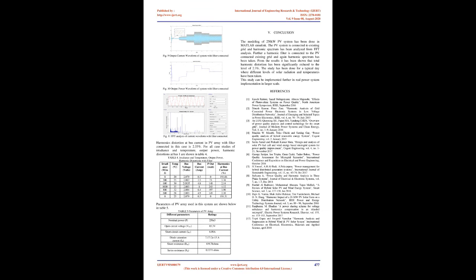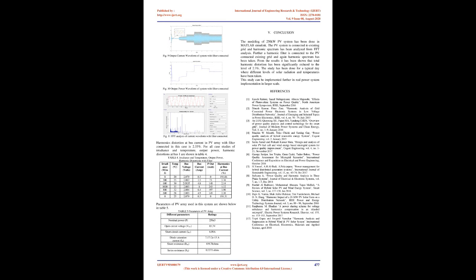Similarly, for the fifth case at 2 pm, time range equals 0 to 10 sec, irradiance equals 800 W/m2, temperature is 32 °C. For this, current is 6.4 amp. Power output is near 197 kilowatts and harmonic distortion is around 1.90%. Similarly, for the sixth case at 4 pm, time range equals 0 to 10 sec, irradiance equals 600 W/m2, temperature is 28 °C. For this, current is 4.9 amp. Power output is near 149 kilowatts and harmonic distortion is around 2.30%.